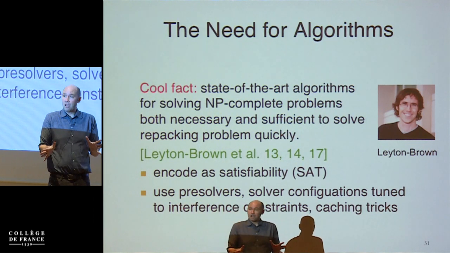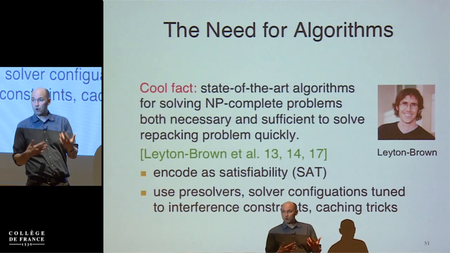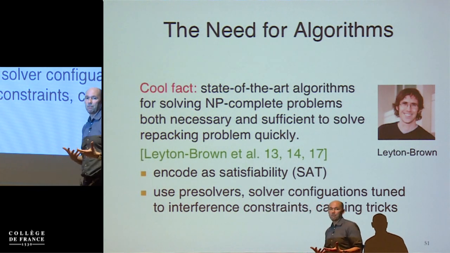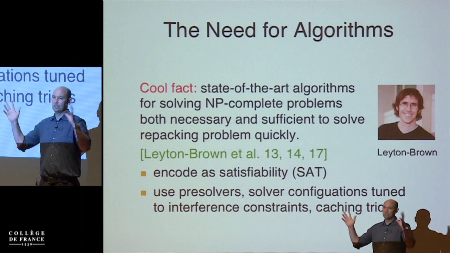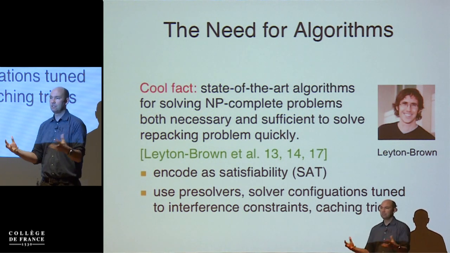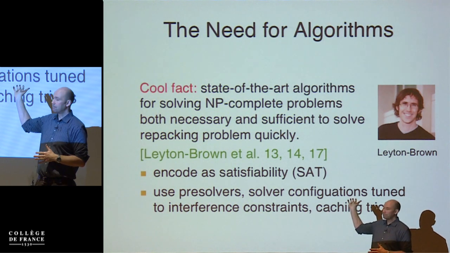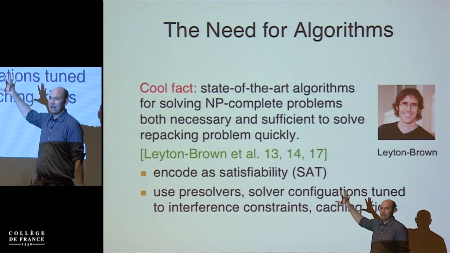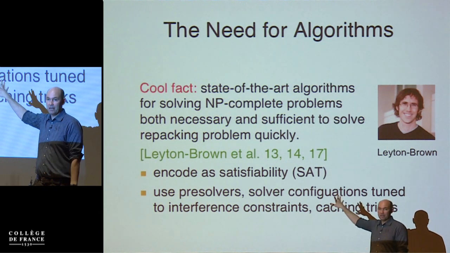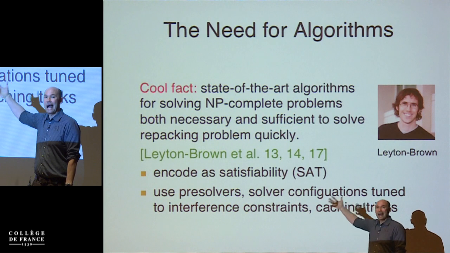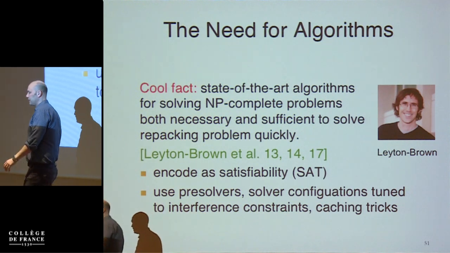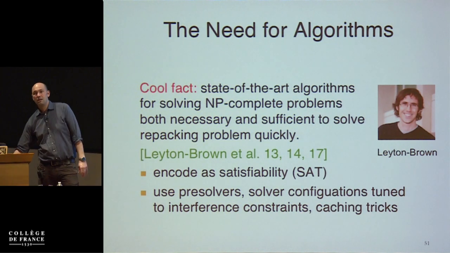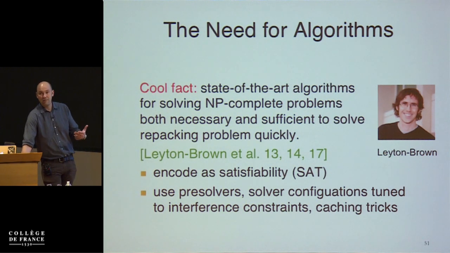That alone was not good enough to get the performance that they needed, so they added some more tricks. They did something which is very common when you're dealing with NP-complete problems, which is you encode additional domain knowledge. You give up on trying to solve the problem totally generally, and you instead focus on the kinds of instances that you actually care about. And because the team knew in advance who were going to be the broadcasters in this auction and what their broadcasting radii were, they had a good a priori sense of what kinds of satisfiability problems they were going to have to solve. And once they encoded that additional domain knowledge, they could get the amazing performance that they needed,